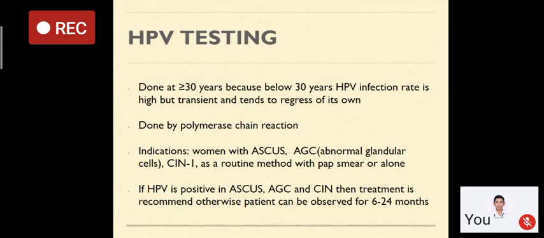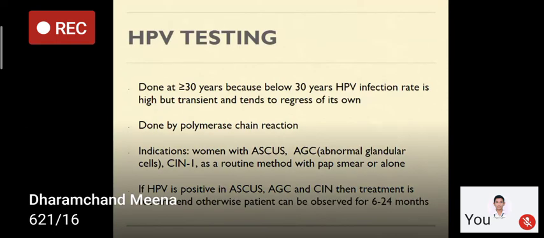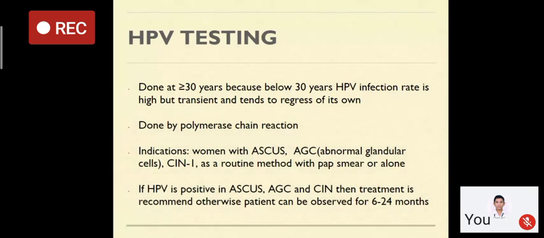Then the third method we have done is pap smear. The other thing we have done is liquid based cytology, and the third method we have done is visual inspection, unaided, aided with acetic acid, and then Lugol's iodine. And the fourth, which is important, is HPV testing. HPV testing is where we directly screen for the presence of human papilloma virus in the cervical secretions of the females.